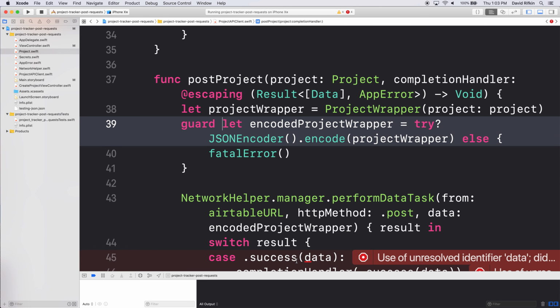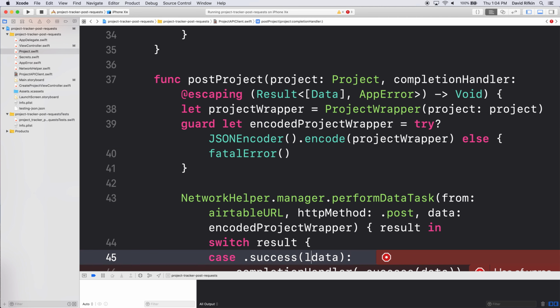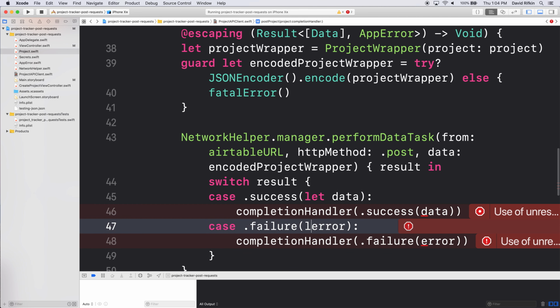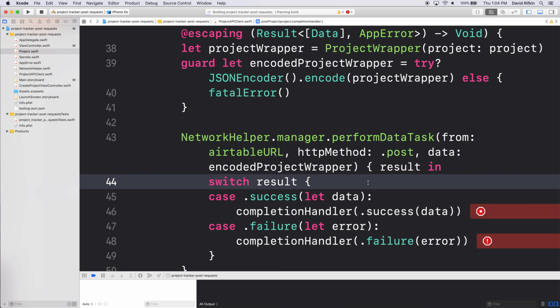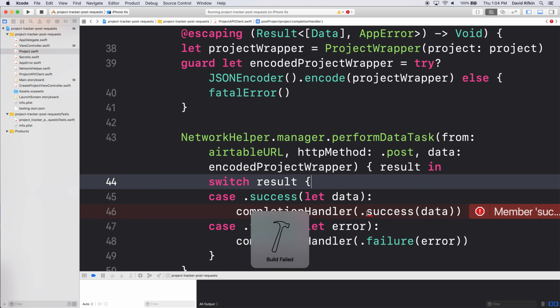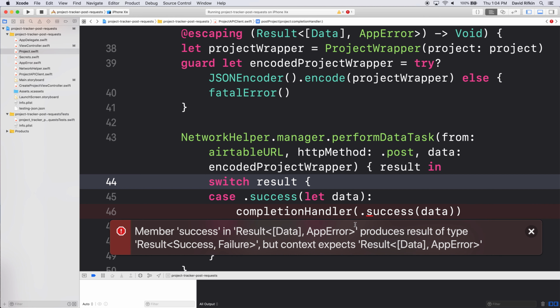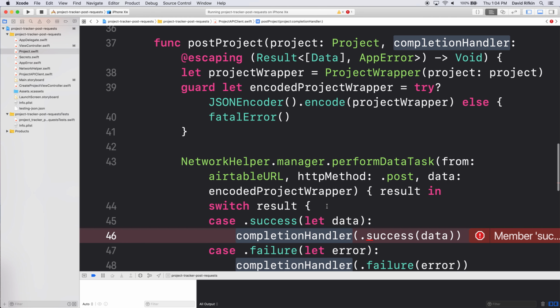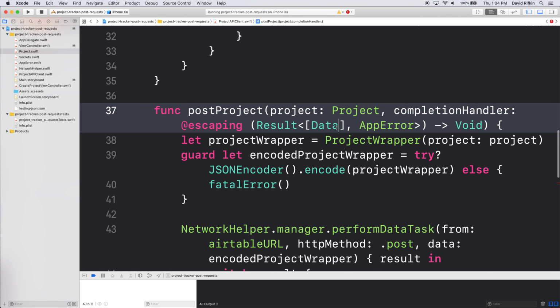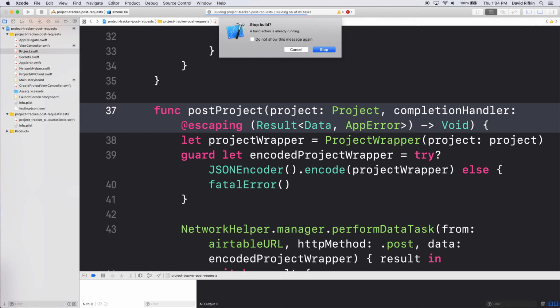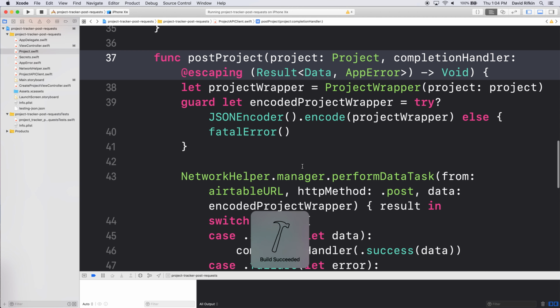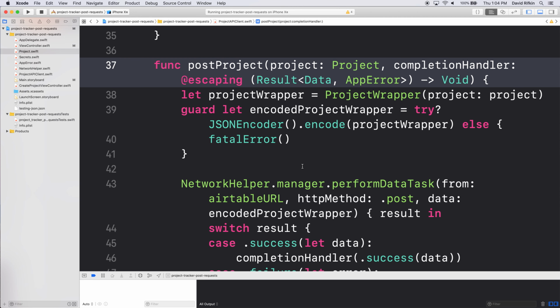So all it's got to do is, let's say I write that up. Go, go, go. Success, failure, success. Let's take a look. Data. Oh, it's an array of data? I don't want that. Sorry about that. Let's build it up. Build, build, build. Works. Our API client does not have to worry about how this is going to be used